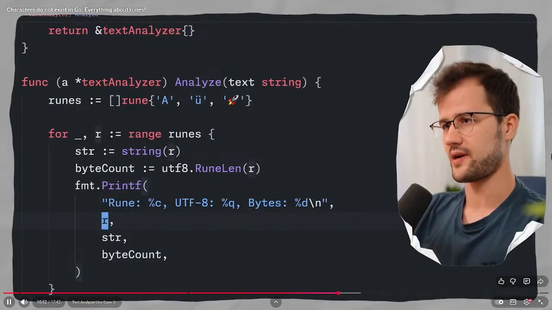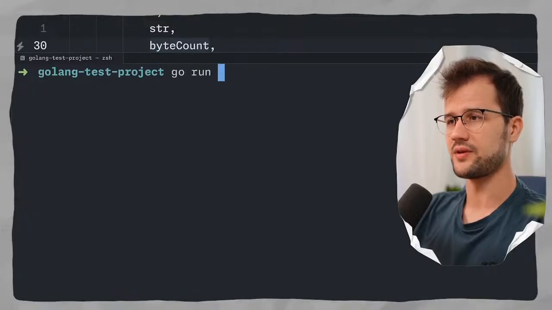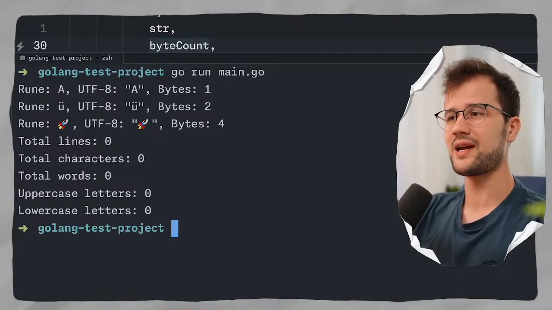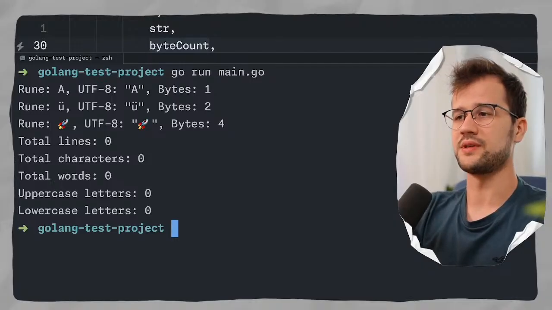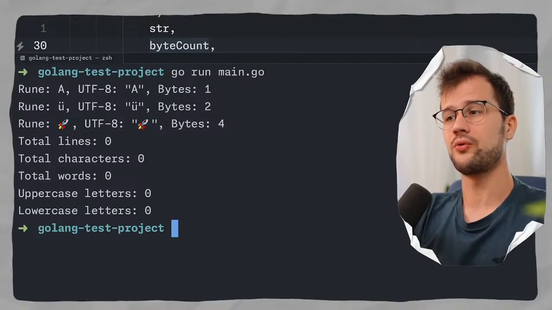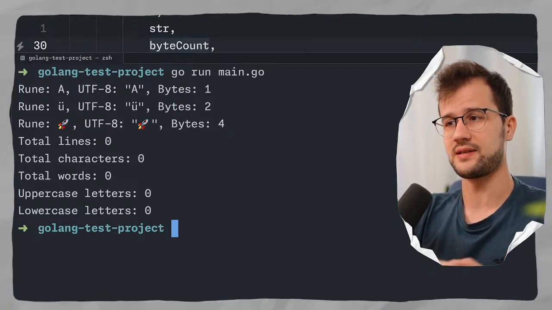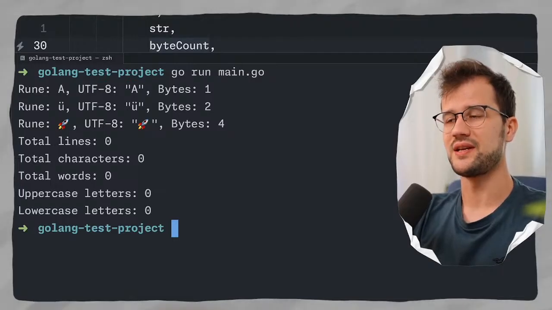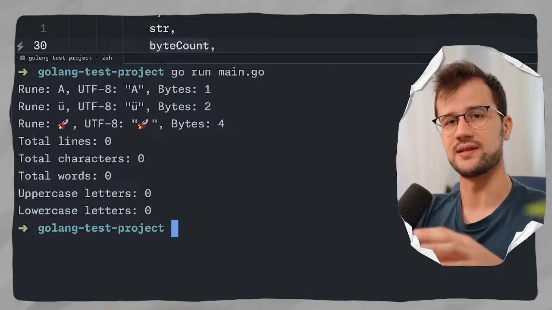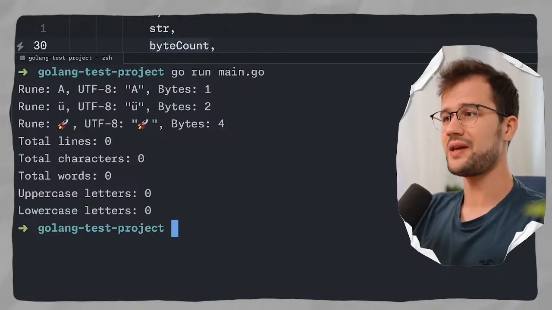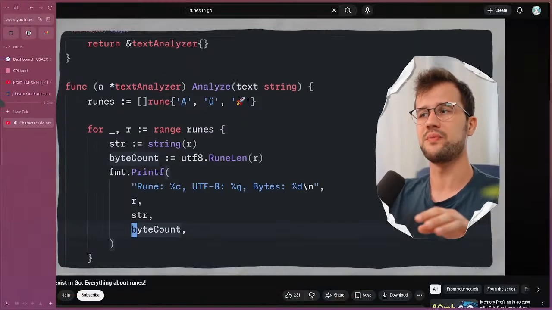So let's quickly start this program here. And what we can actually see with the first 3 lines is the UTF-8 representation, but then also the bytes used, right? So we can see that the rune A itself has 1 byte. The next character, which is a special character, has 2 bytes, and the rocket emoji has 4 bytes. Right, so in the end it is really important to make use of